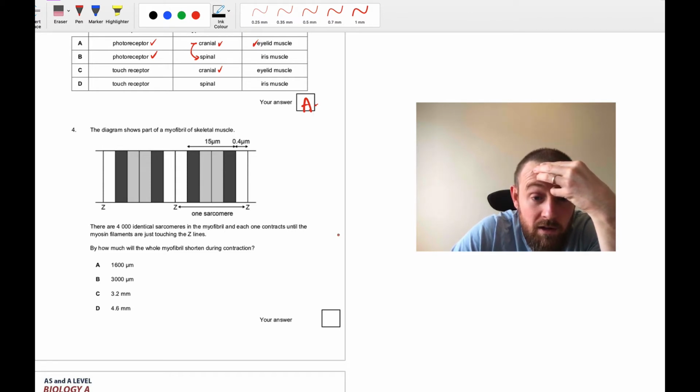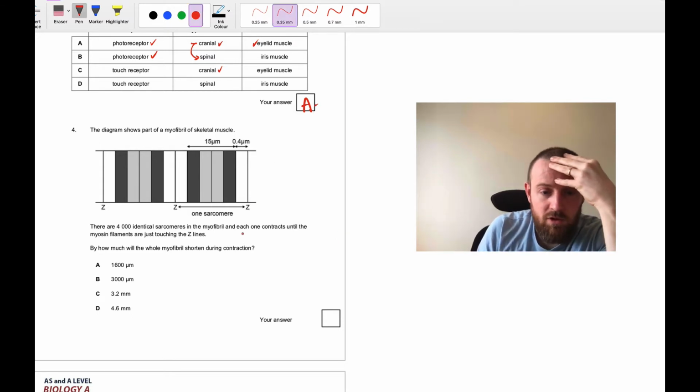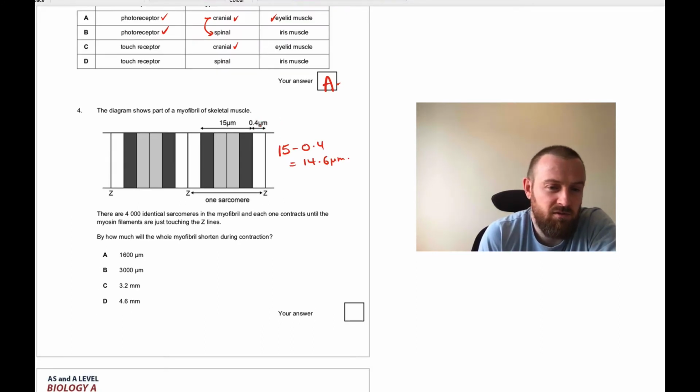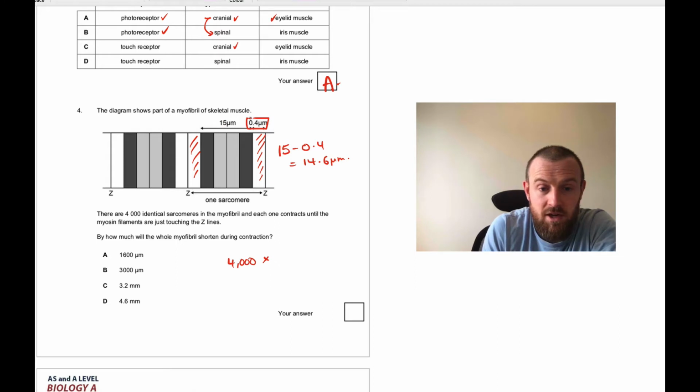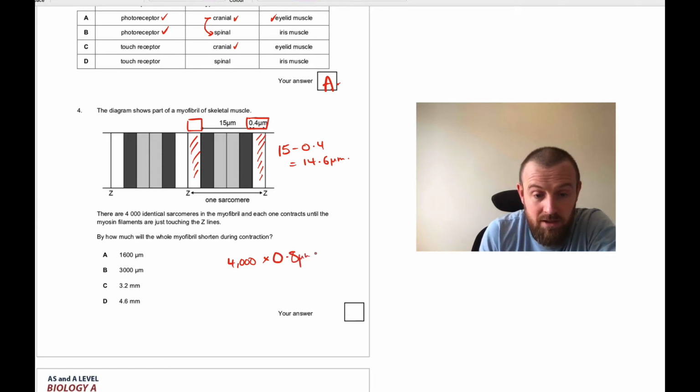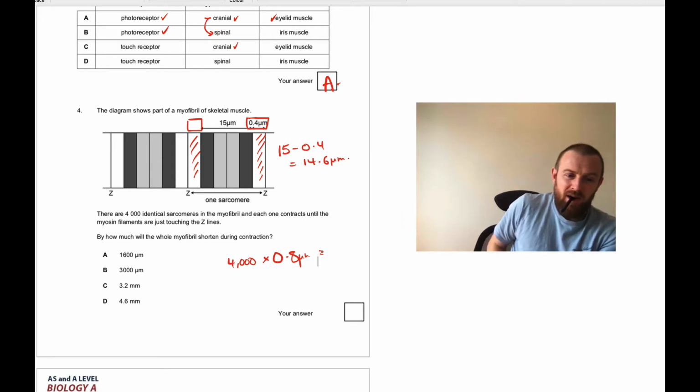Well, then, each one contracts until the myofilaments are just touching the Z line. So this is 0.4 micrometers. It's a 0.4 drop. Actually, I didn't need to do that, sorry. It's 4,000 times. Now, I see what's going on here. This is going to decrease, but so is this. So actually, each sarcomere is going to decrease by 0.8 because it's one over there and one over there. So 0.8 micrometers is going to give us our value,